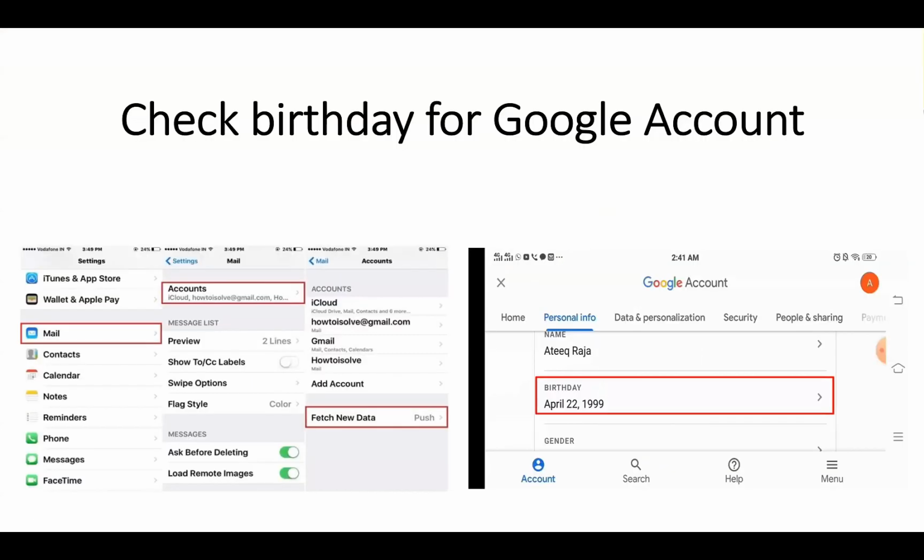Okay, so how to solve this? As a parent, as a doctor, to your kids, to your patients, you can tell this resolution. Let's say a patient comes and says, my kid is using restricted apps on his mobile, I couldn't stop him. The first alarming question is how he was able to download it by changing the date. So where could I check it from his phone? Go to the Google account and see the personal info. There you see the birthday. You ask your patient or check from your kid's mobile whether the birthday is correct or not.